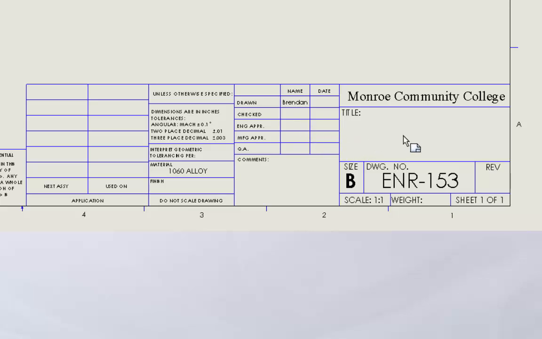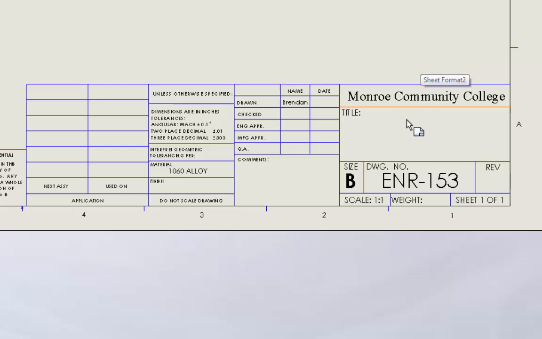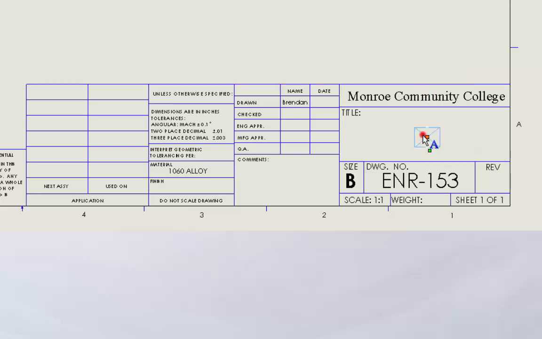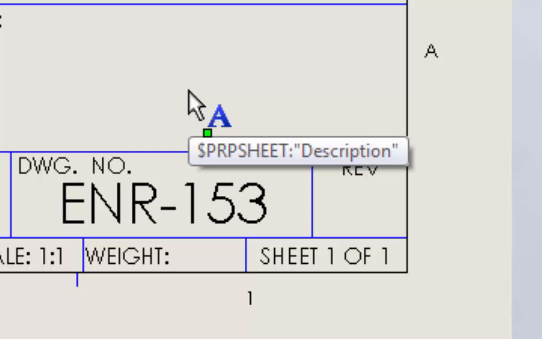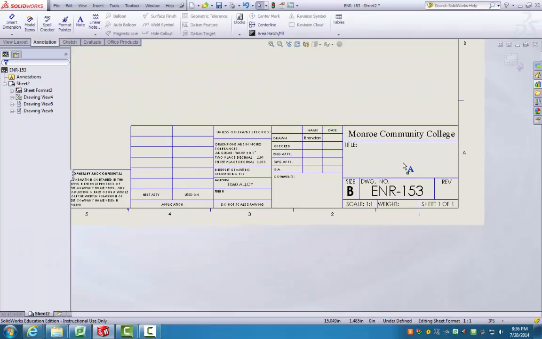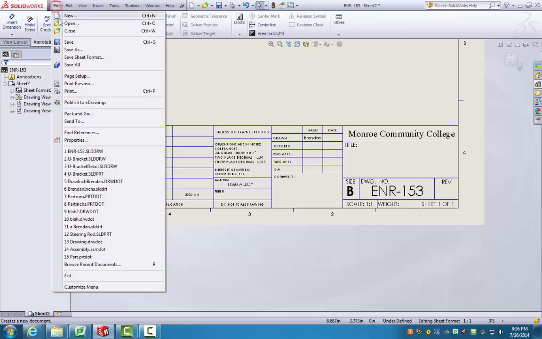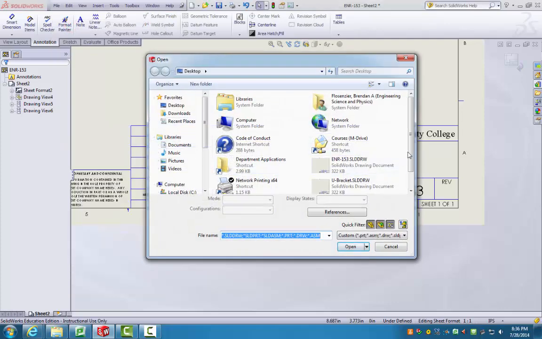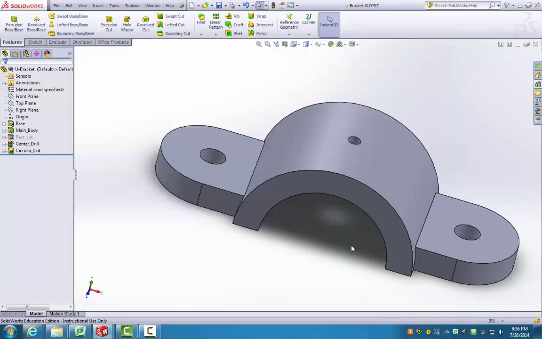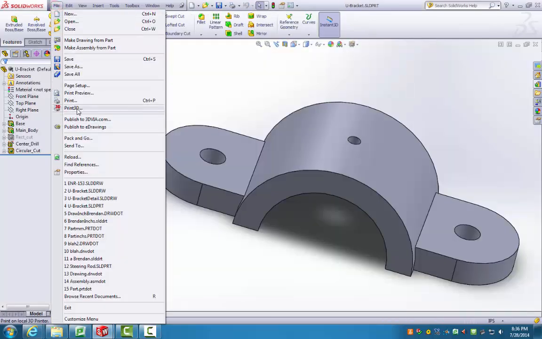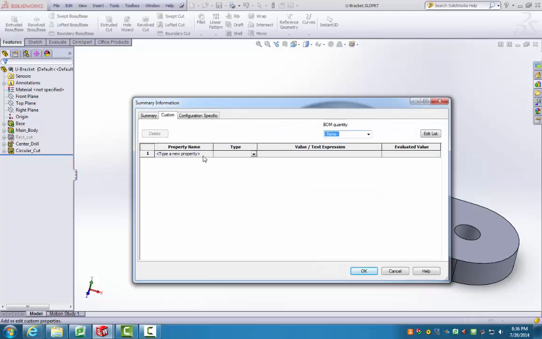Now, one thing that's worth noticing is this description format doesn't seem to have come in, even though we do have a description property. And that's because, and you can tell, because it has a PRP sheet, and it has that sheet. Now that means it's from whatever the part file that's in our drawing views. So if we open up our actual part file, we can go into File and we can go into Properties, and we can see that this has its own properties as well. So if we include and create a description,